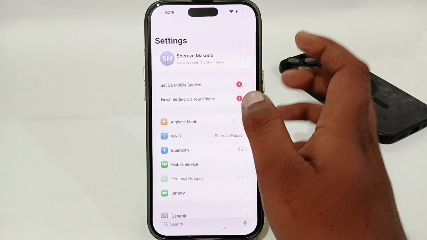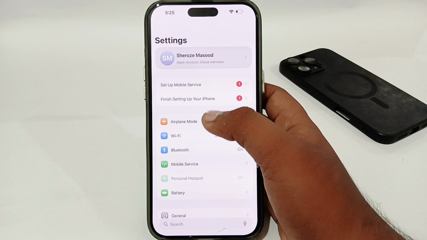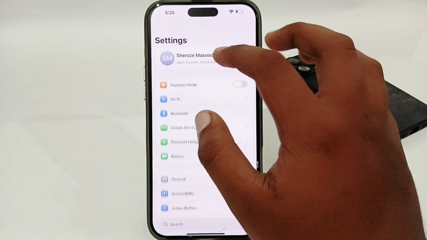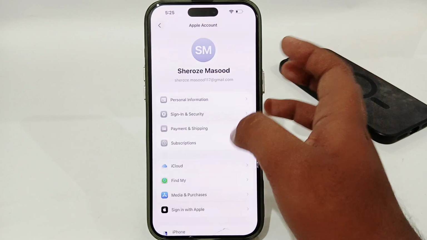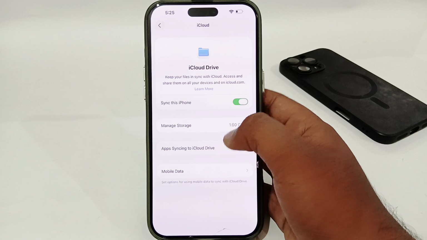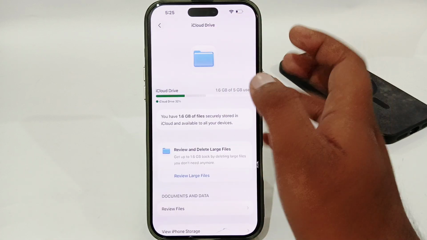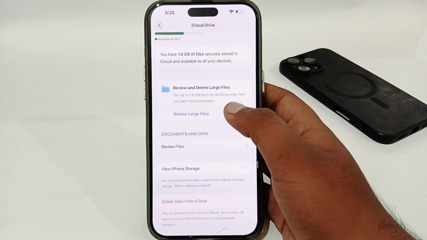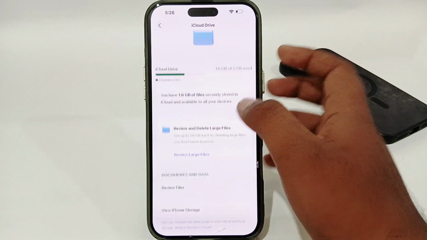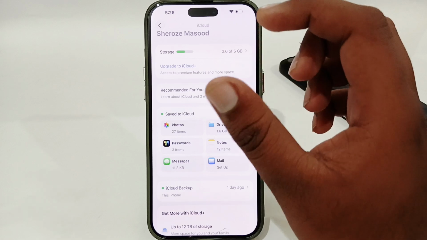so it will be fixed in this step. And once you have done, you just have to open up your Apple ID here, and here you have to select iTunes or iCloud. So you have to open settings, go for Apple ID, and here select iCloud, and here select drive and then select manage storage, and here you have to delete your downloads folder. If you have any download folder here, you might have to delete your download folder